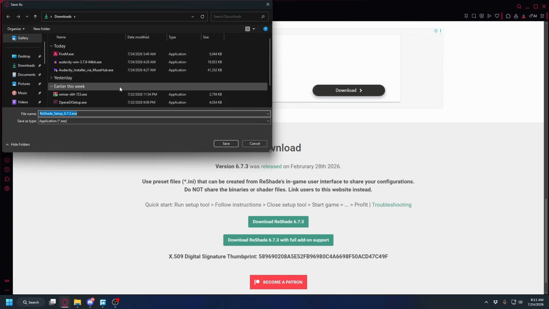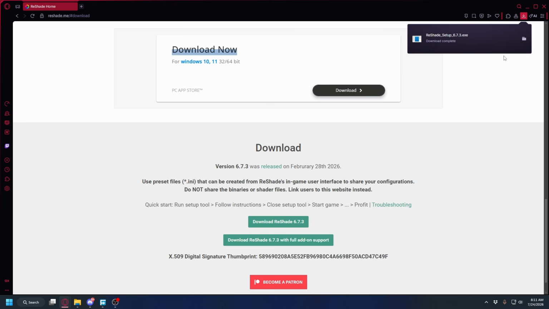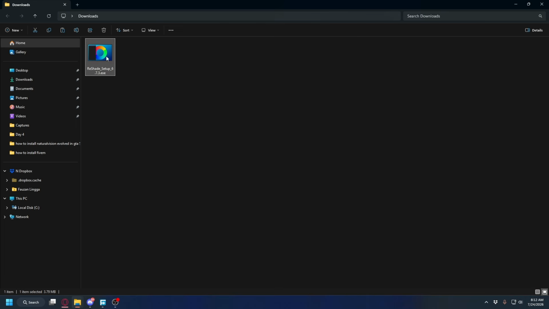Click download, it'll prompt the download, save it somewhere in your PC. By default, it'll go to your downloads folder. So now just hit save, and then it'll start downloading. Once you finish downloading, you can open up the setup, just double click on it, and now you need to